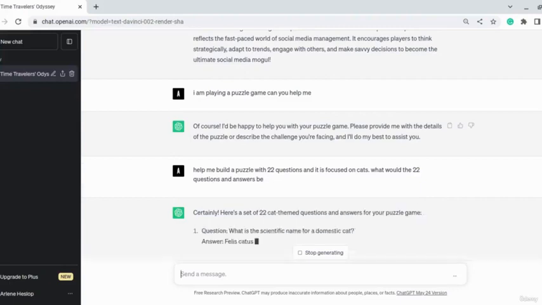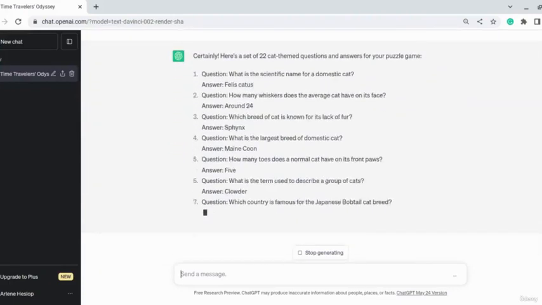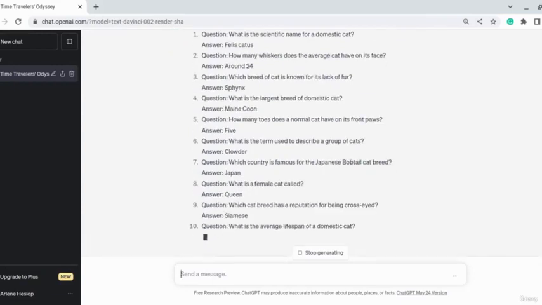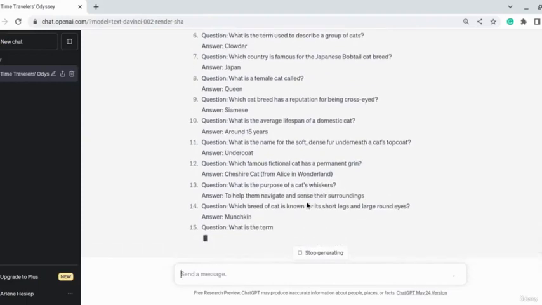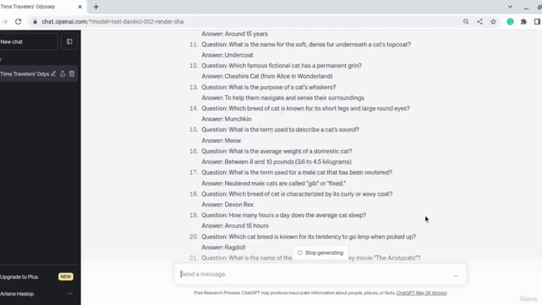Notice before I asked GPT if it was able to create puzzles, and of course, GPT being able to do any and everything for the most part once it's language based, GPT went on to give me a whole bunch of questions and the answers, so I was able to create a puzzle.